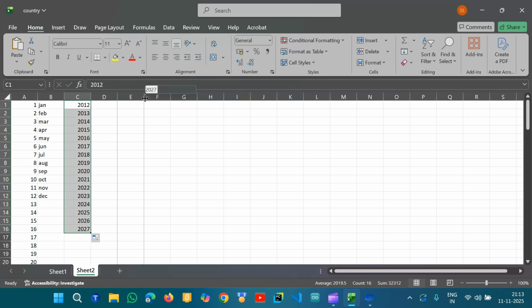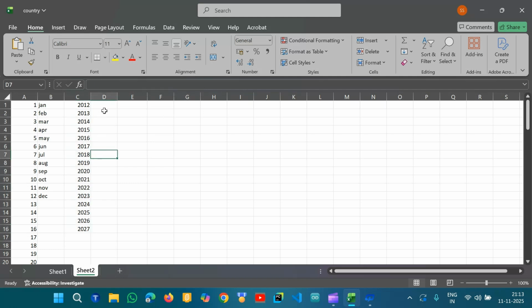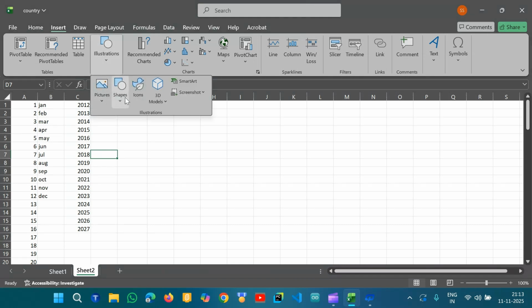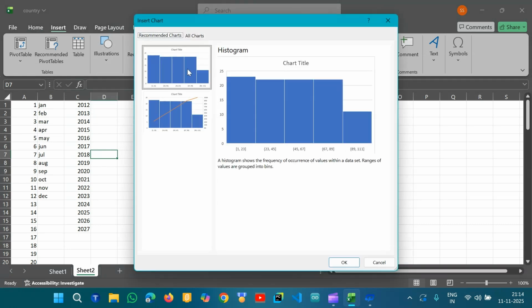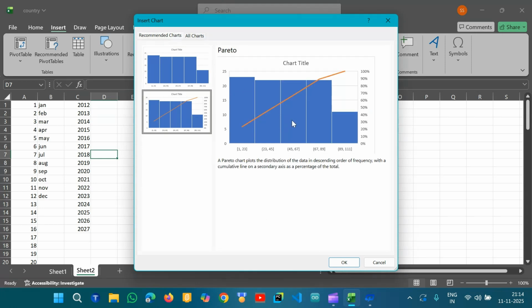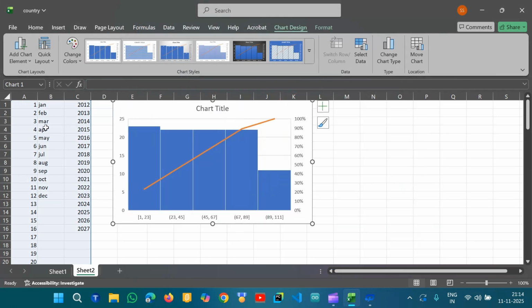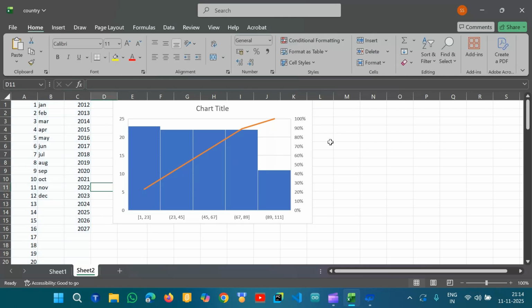Last video we already learned about tables and charts. You can import charts from here also. Illustration, no, recommended charts. Should I take this? Yeah. See, we can take charts also from this. We can take charts also like this. We learned about the autofill feature, and now think we made a table.